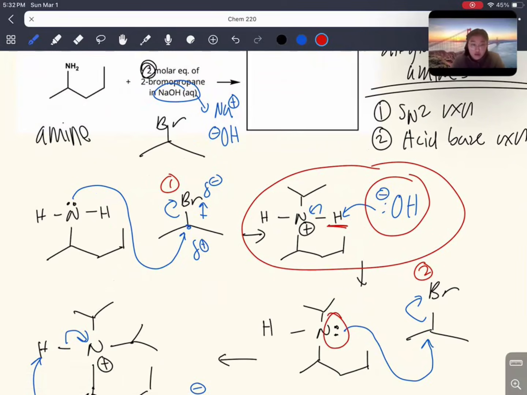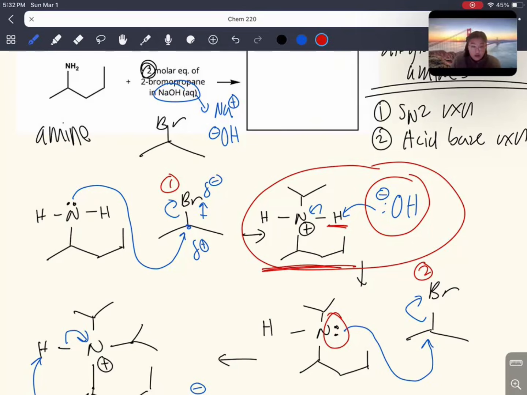So let's say we didn't have this base available. Then we wouldn't be able to deprotonate the nitrogen, and so we no longer have a lone pair available on the nitrogen, meaning that we're not able to perform another round of this reaction. So you would just stop the product over here